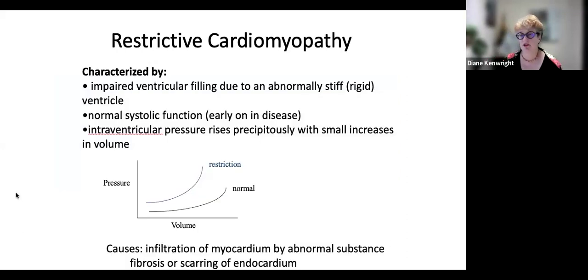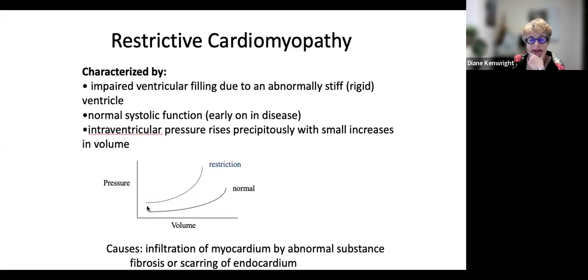Let's think about restrictive cardiomyopathy. Restrictive cardiomyopathy, this is the third kind. So remember, we've done dilated, caused by viruses, alcohol. We've talked about hypertrophic, primary and secondary, where young people die suddenly because of the asymmetric enlargement of the septum. Now we're talking about restrictive cardiomyopathy. This is where the myocardium becomes very, very stiff. Early on in the disease, they can have normal systolic function, but